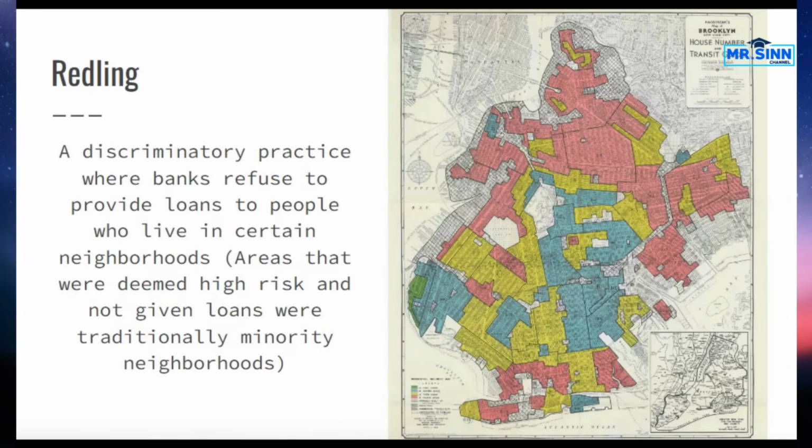So areas generally that were deemed high risk or low risk, the high risk areas had people who are minority groups and they were denied loans, which did not then allow them to be able to get new homes in different neighborhoods. Areas that were green were able to get lower interest rates, were able to get loans, which allowed them to then move and to continue to upgrade their single family homes and property. And this can lead to generational wealth.